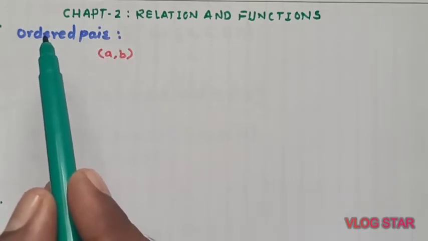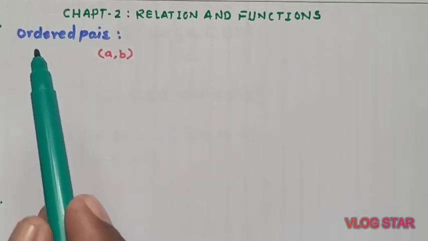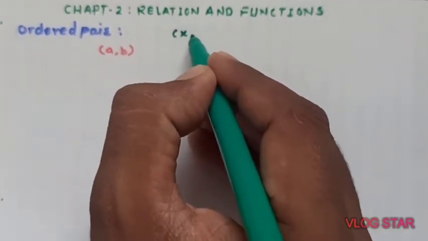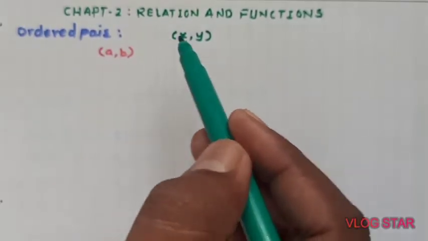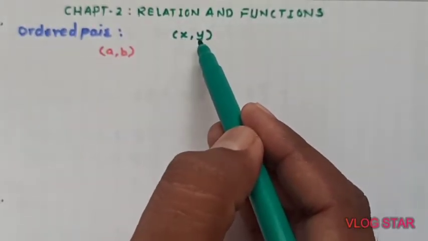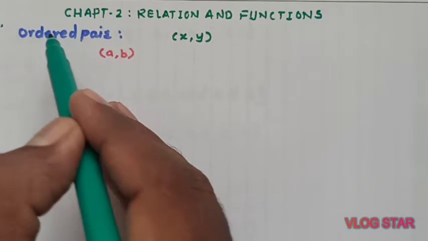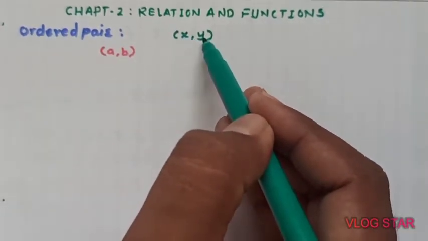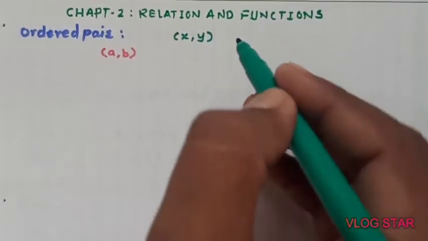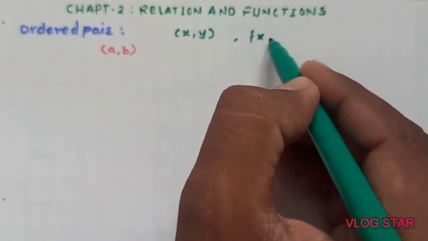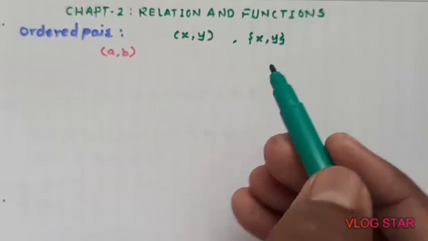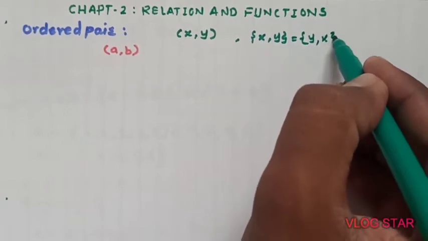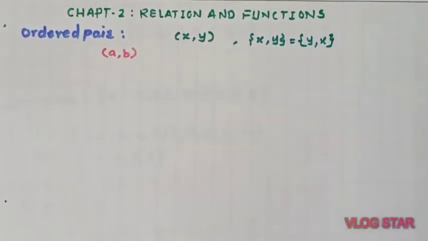Ordered pair we have already used for representing points where x coordinate and y coordinate, isn't it? So इसमें sequence बहुत important होता है. That's why it is named as order. Order means sequence. यहाँ पे x is a first member, y is a second member. In set, if I consider a set xy, इसमें तो xy is same as set yx. इसमें तो कोई ऑर्डर को इम्पोर्टेंस नहीं देते हम.